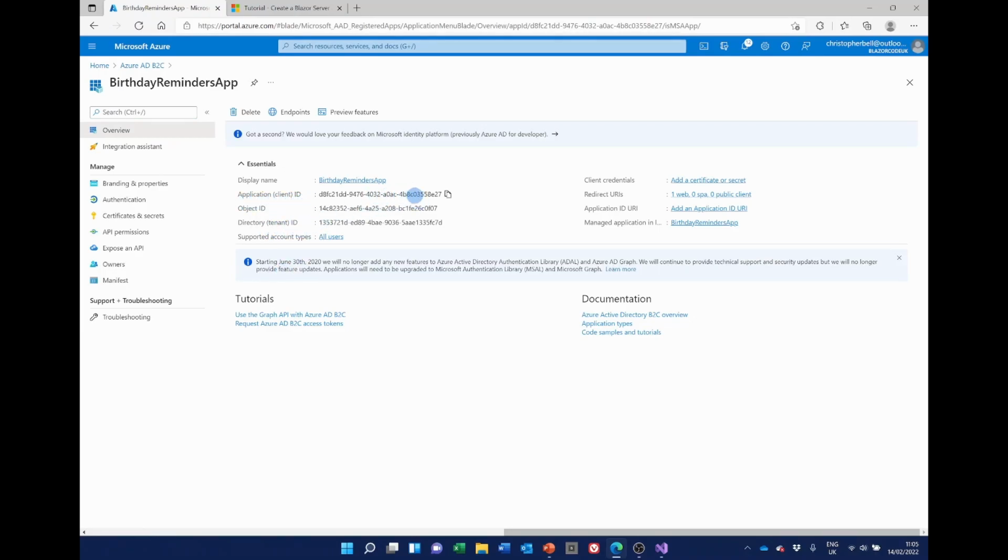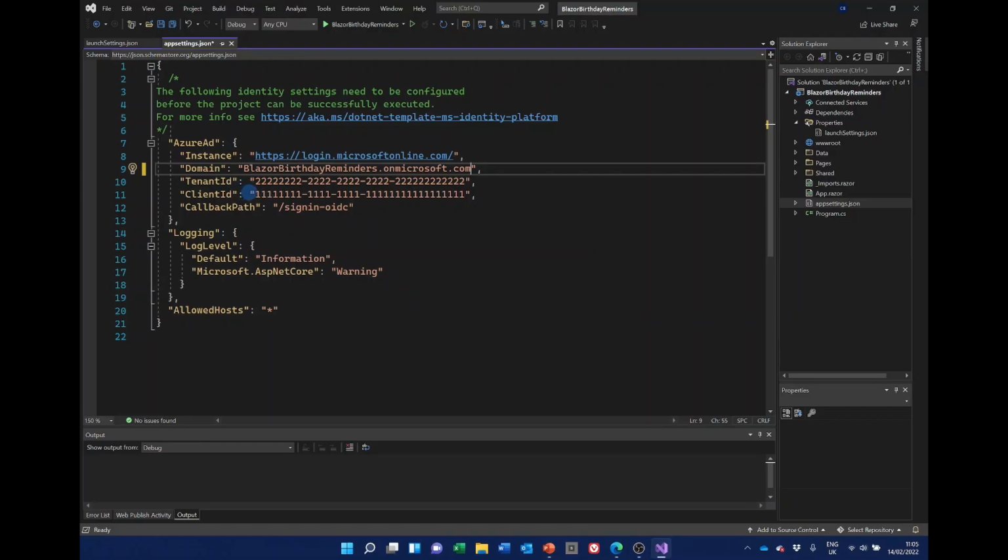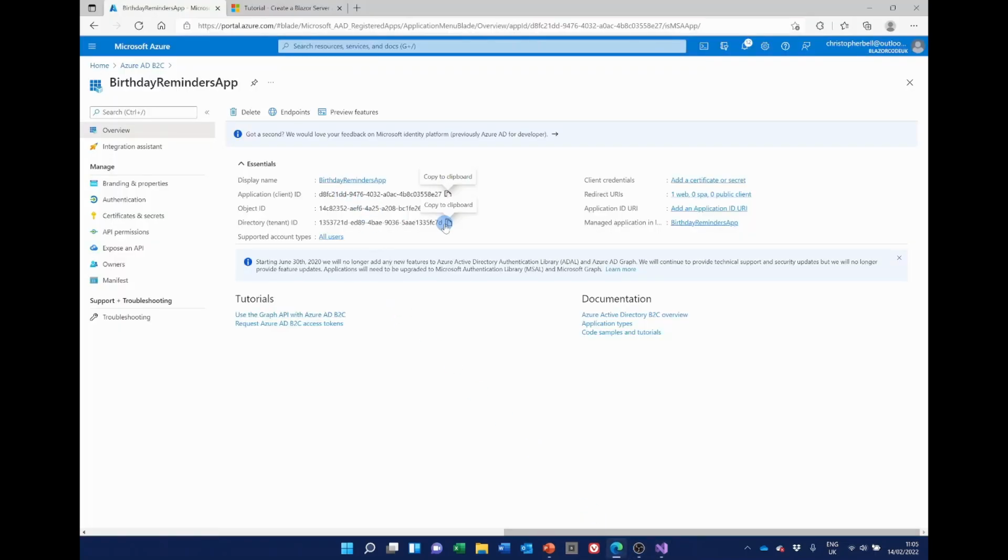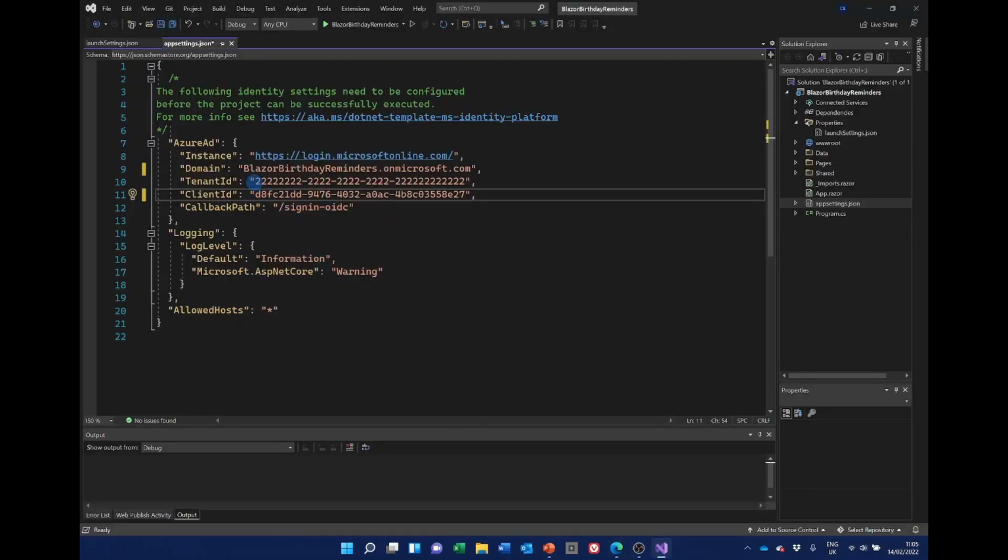So if we copy the client ID first, and paste, repeat for the tenant ID, and now we need to change this https